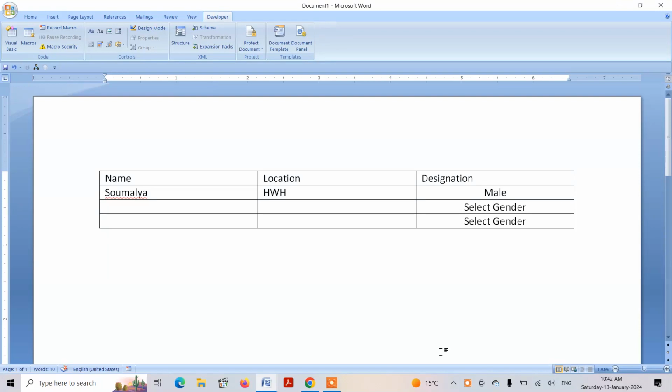Today I will be showing you a topic in MS Word which is something like data validation, and it is how to create a drop down list within a Word table. Suppose one of the entries has already been entered in my table, that is Shomallo, whose location is Howrah, and his designation, and this won't be designation. So suppose this is gender,